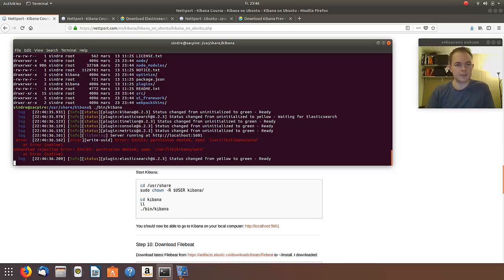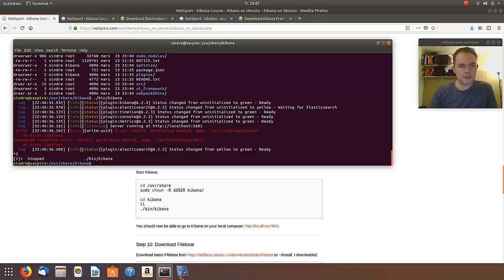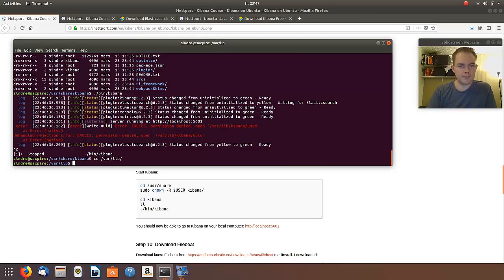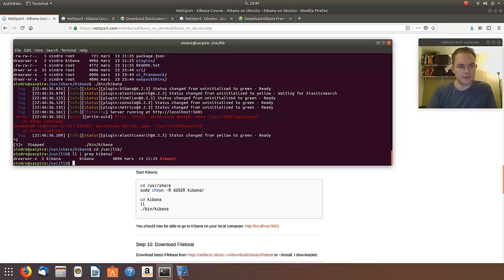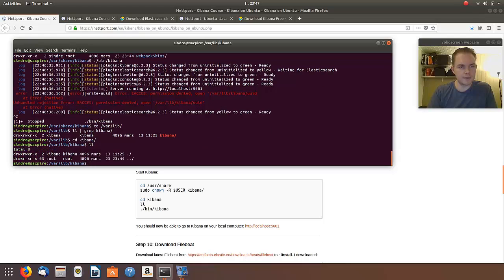So this is no problem to fix. If we go to cd /var/lib and ll | grep kibana, we can see that the owner of this is kibana itself. So let's go into the kibana folder, and here we see